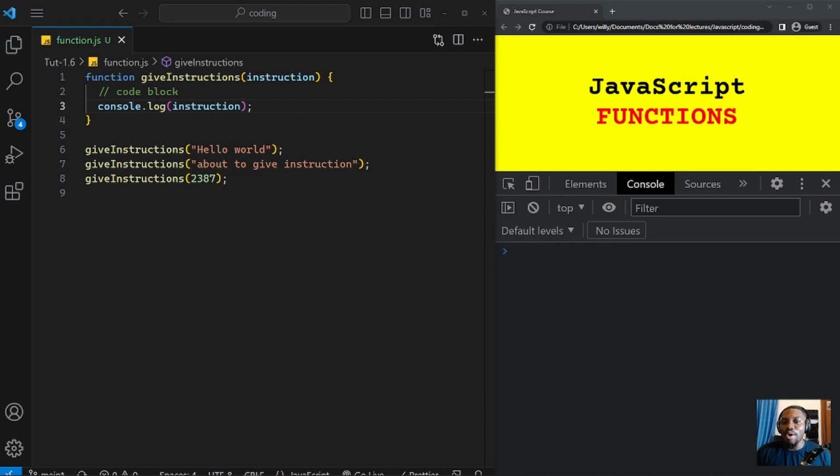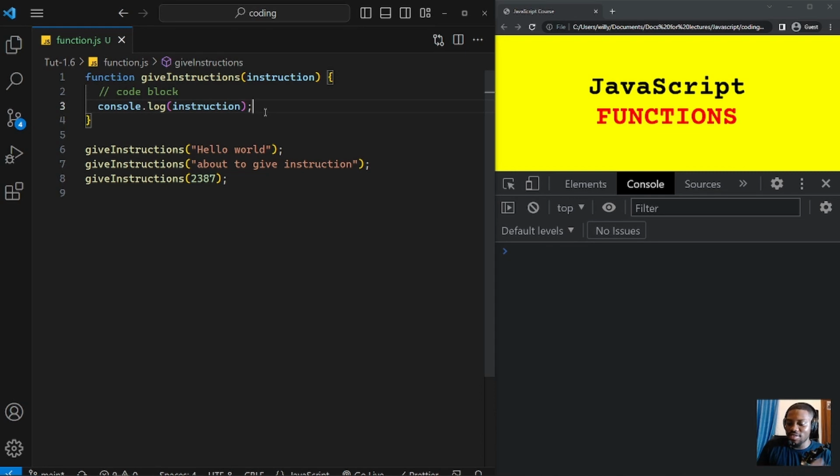We've seen how we can reuse our functions to produce dynamic values, like passing in arguments once our parameters are set, and then doing different things in the console, right? Printing out different stuff into the console. But we don't really want our functions to be printing stuff into the console. We want our function to do something else. Now, to let our function produce values for us, we need to tell the function that once it is called, it should